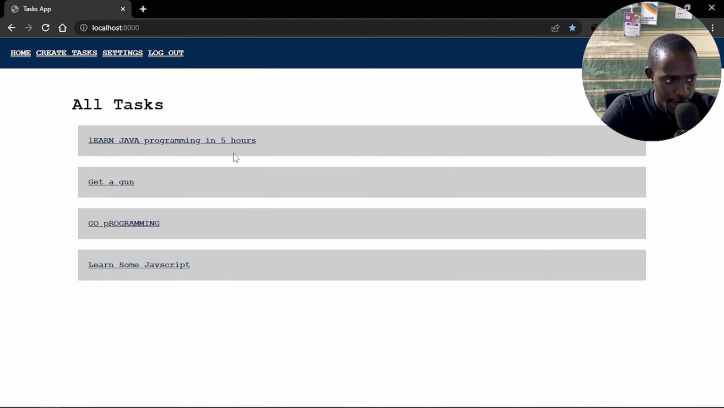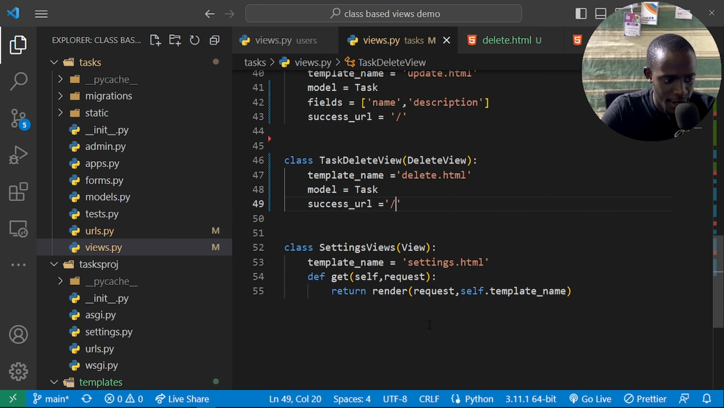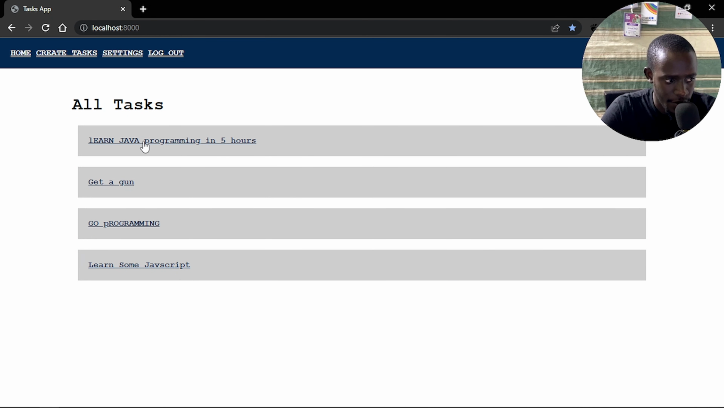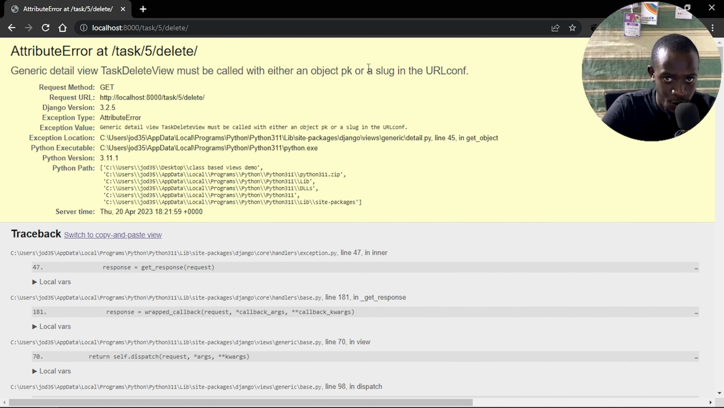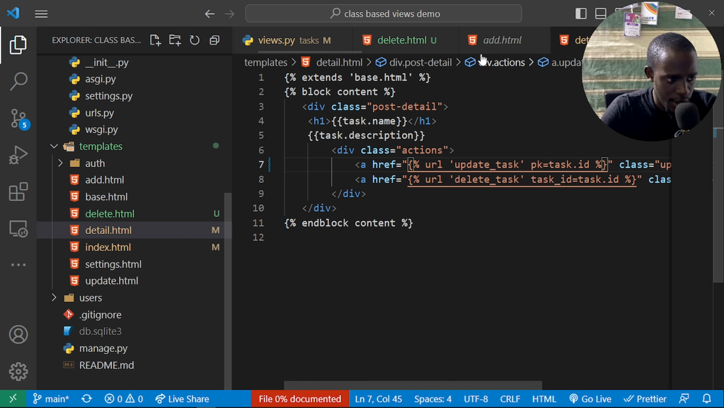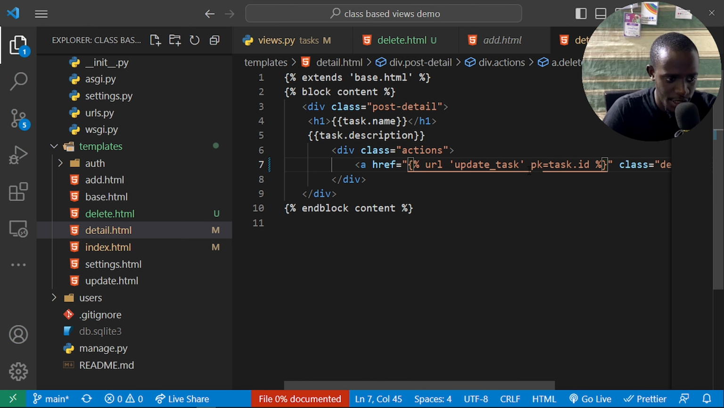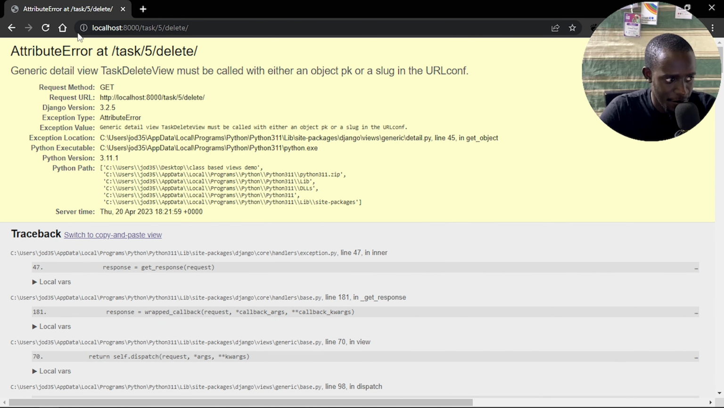Now if we go back right here and try to access our delete, hoping that everything is working fine, our server is running. If we try to access our delete task, we see we actually need to also update this so that it uses a primary key. If we go back to our template for our detail, we see that instead of having our task ID, we need to have our primary key. And if we refresh,